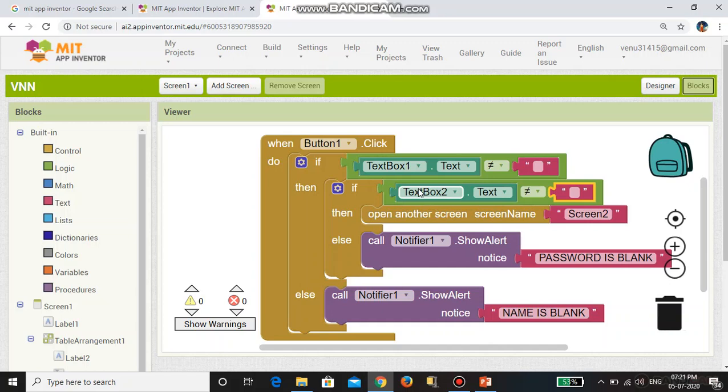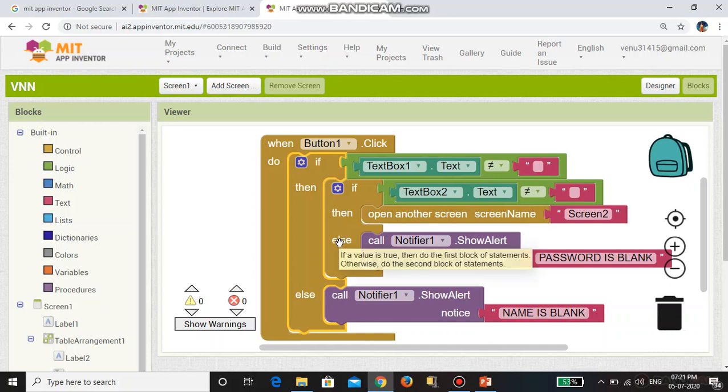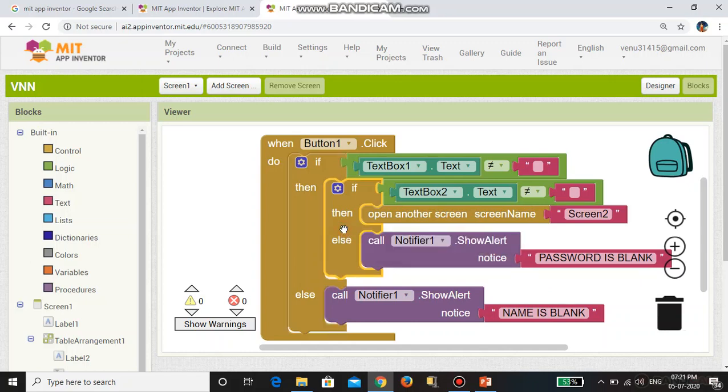If text box 1 is empty, then we want to notify that the name is blank. Similarly, if text box 2 is empty, then we want to notify that the password is blank. So this is the coding operation.